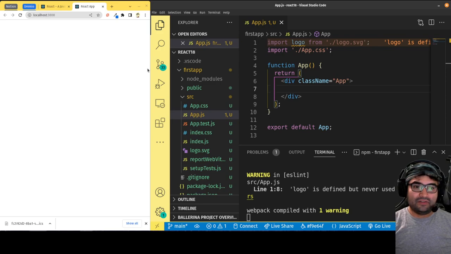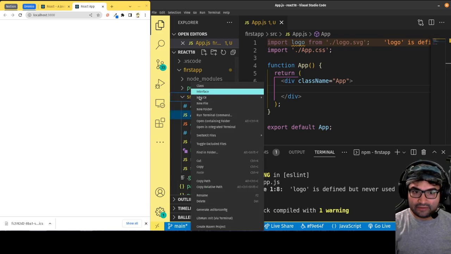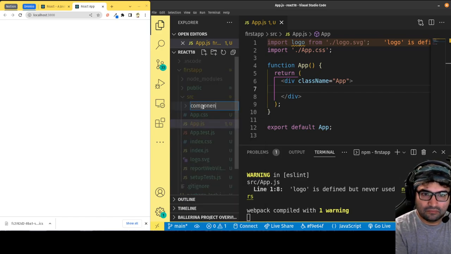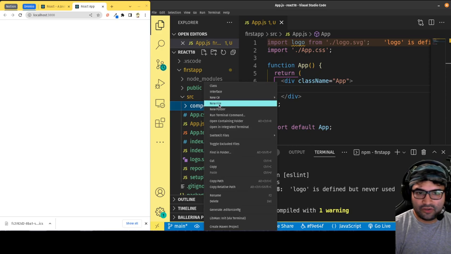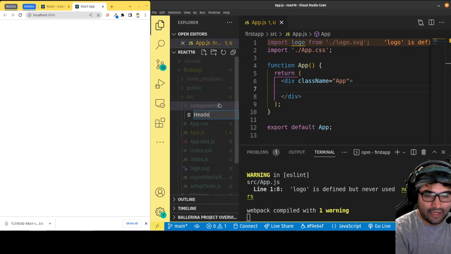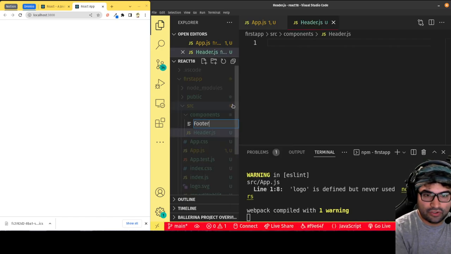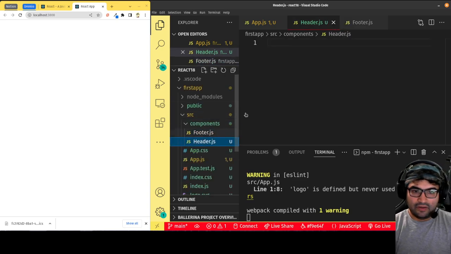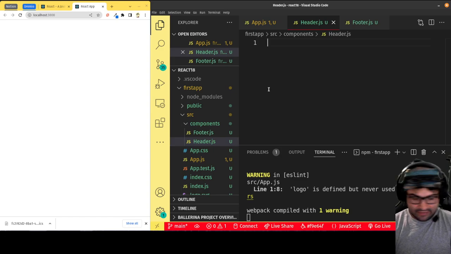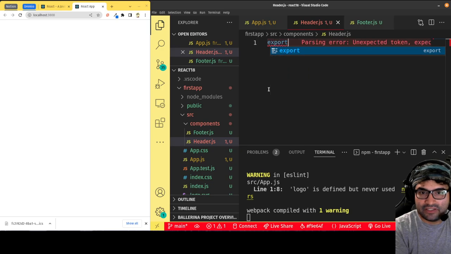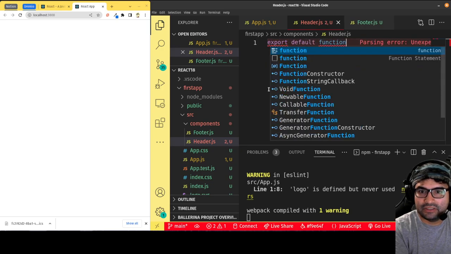Okay. So for example, usually what you do is you create a folder called components, and in there you'll create your components. So I'll create a file called header.js, and a new file called footer.js. Each of these files only needs a function that returns JSX. So we just write a function, and we can export it. So I'll say export default function